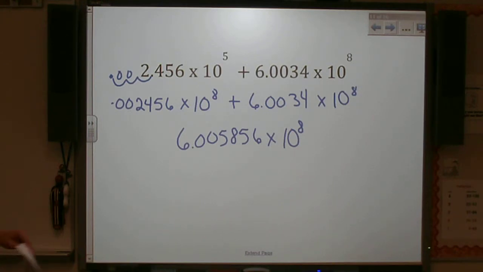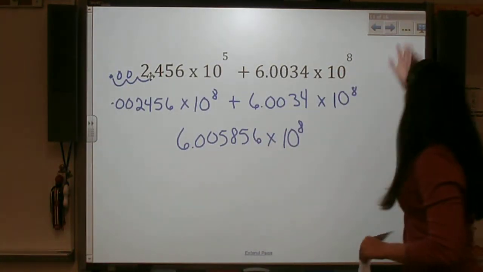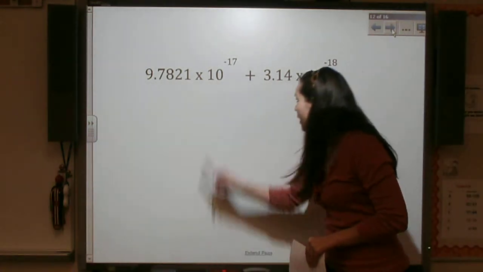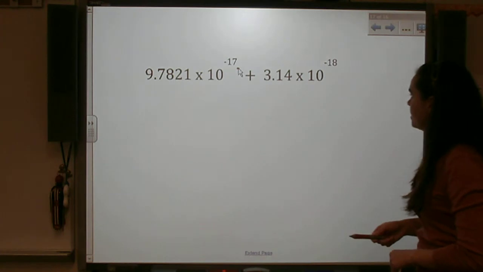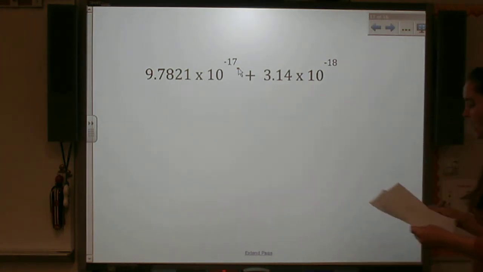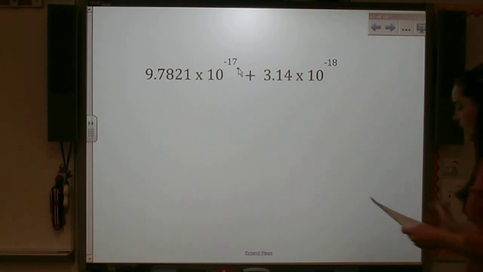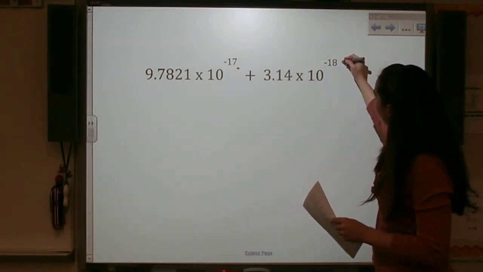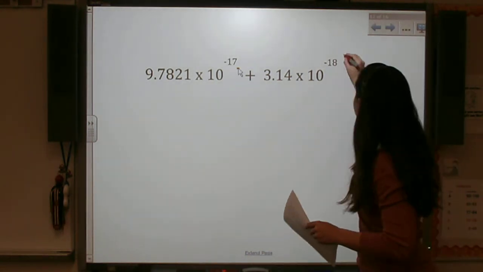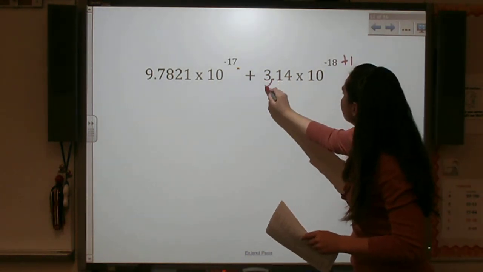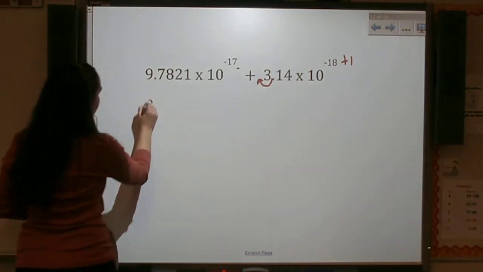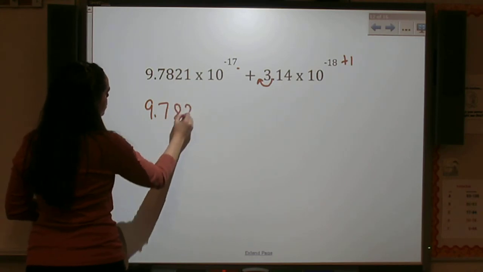Alright, let's look at one that has negative exponents. Again, I'm going to use the higher, which is negative 17, which means I need to manipulate this one so that I have a negative 17. Okay? So that means that I want to add 1. I want to add 1, which means I need to move my decimal place over to the left 1 time. So then I have 9.7821